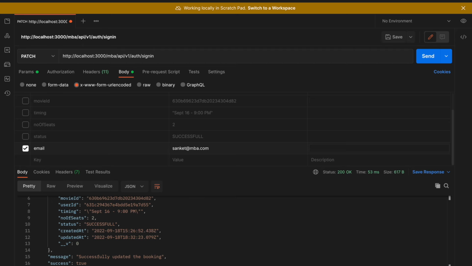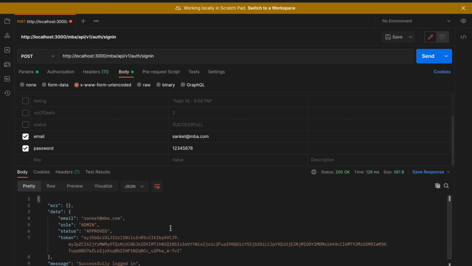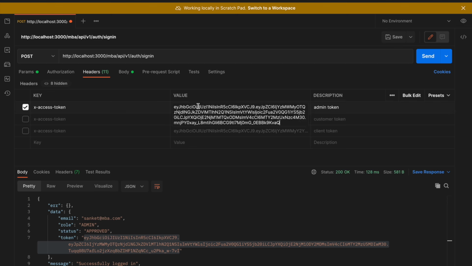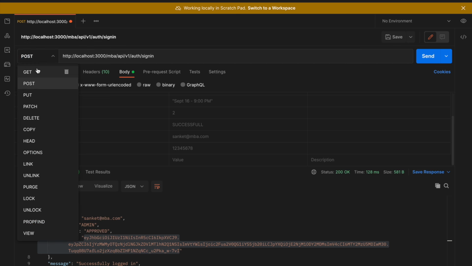Let me put the email ID and password, and let's make a get request, sorry, post request. Okay, we got the token. Let's update the token, come back, and let's go to the get request of